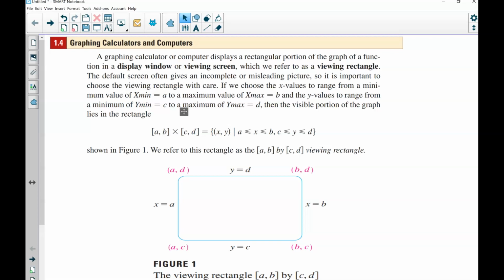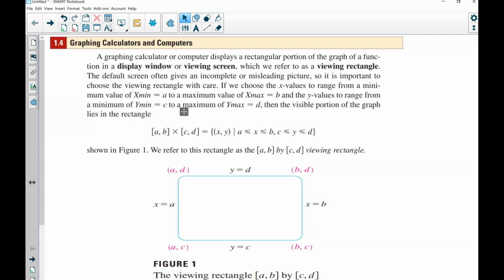Okay, now a graphing calculator or computer displays a rectangular portion of the graph of a function in a display window or viewing screen, which we refer to as a viewing rectangle. So in section 1.4, we'll be discussing graphing calculators and computers. The default screen often gives an incomplete or misleading picture, so it is important to choose the viewing rectangle with